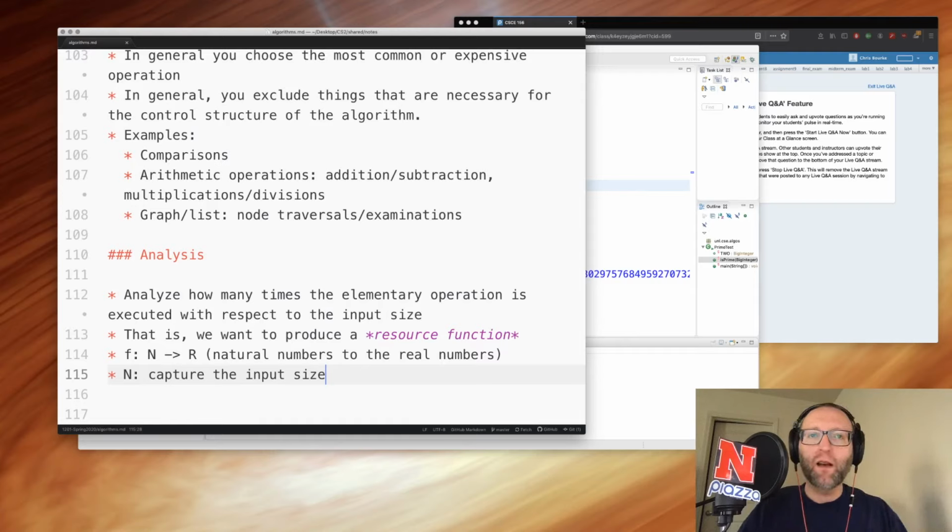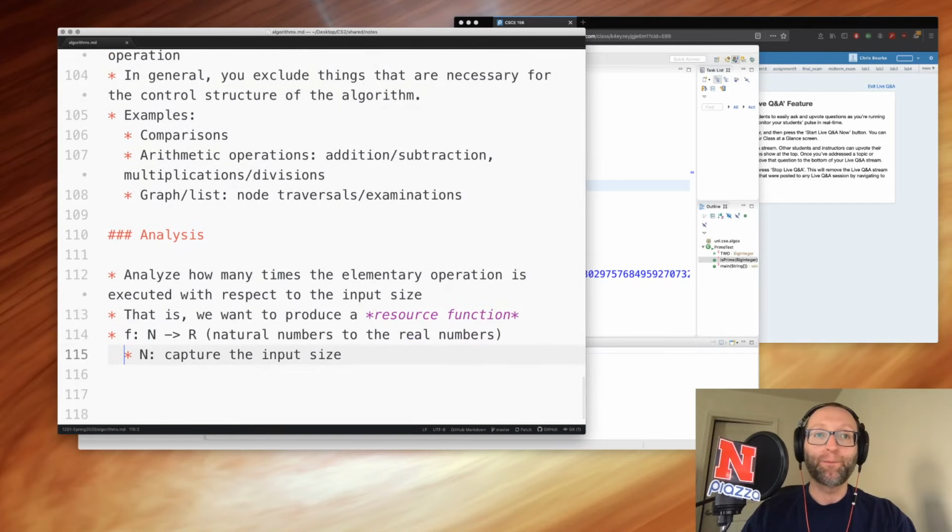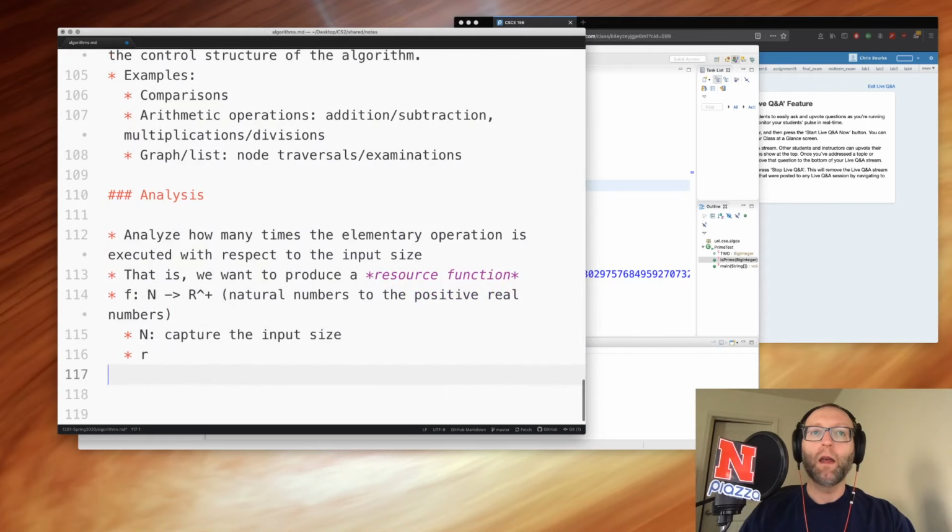I could certainly talk about those empty inputs, but what does the size of a list of negative 10 elements look like? It doesn't make any sense. That's why we're restricting our domain here to the natural numbers. That captures the input size. And the codomain, the positive reals, R plus, captures